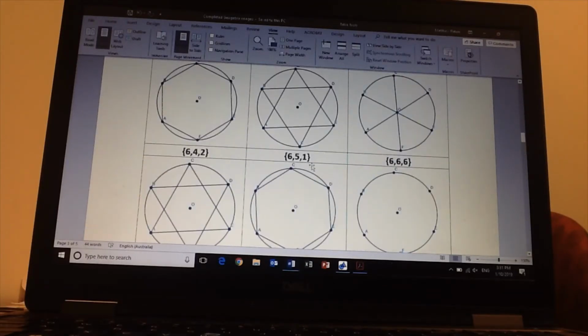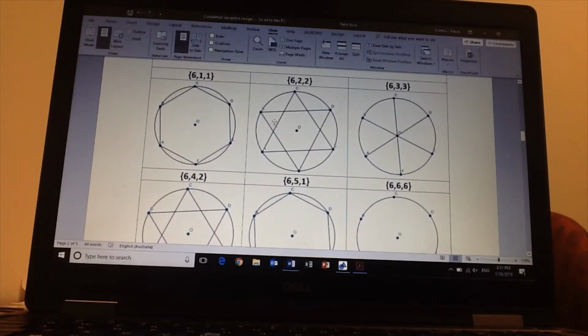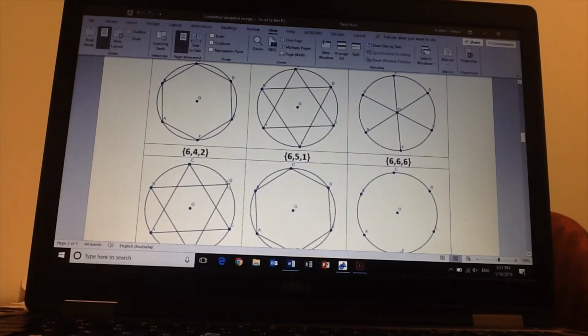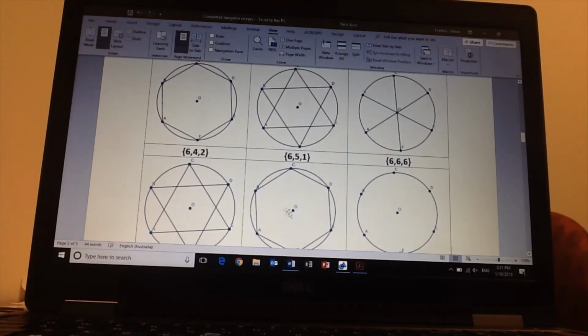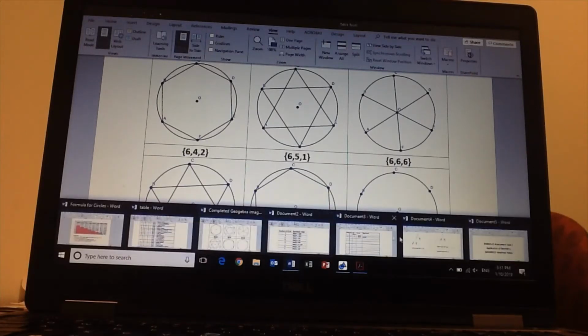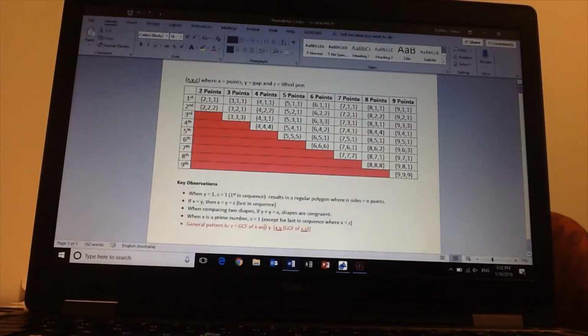For example, with 6, we've got a y of 4 and a y of 2, creating the same shapes, and a y of 1 and a y of 5, making up the 6, creating the same shapes. So as a rule, I decided that if y plus y equals x, then the shapes are going to be